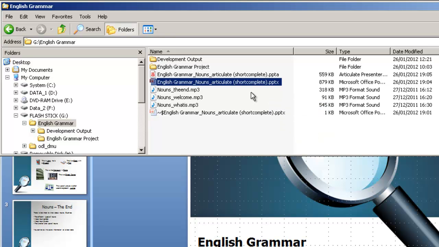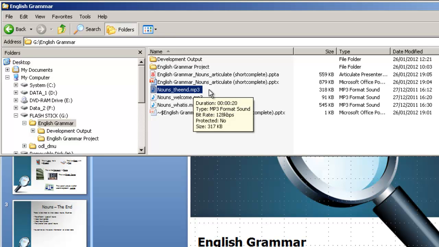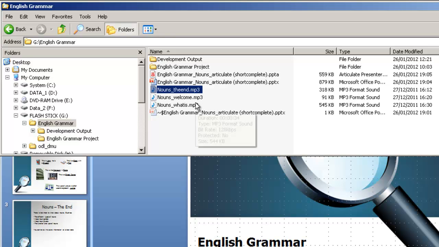The second point I want to make is that you can, in fact, apart from narrating directly into Articulate or directly into PowerPoint, use external sound files. So in this example here, I've got 3 sound files that I created in Audacity, an external audio editor. And what I'm going to now demonstrate to you is how I can actually use these files in the Articulate presentation. So